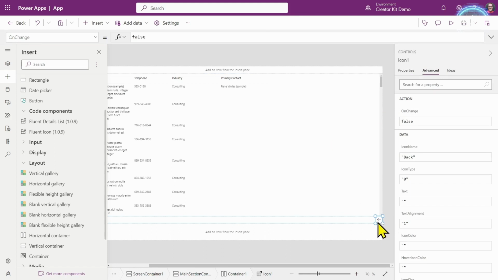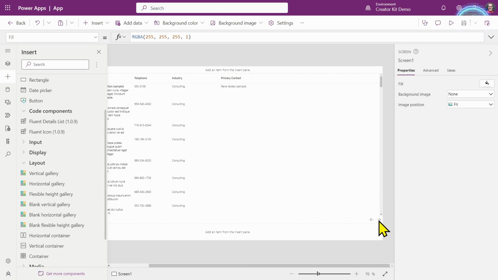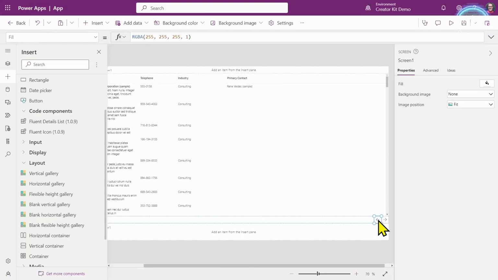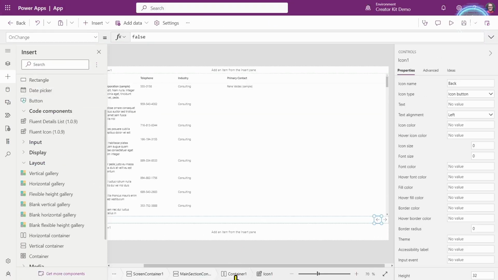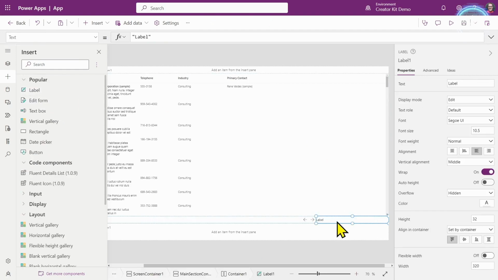I'm just going to copy this and pop another one in there and make that the next. So forward is the name of the icon. There we go. So we've now got two icons. And actually in the middle, I'm going to pop in a little label as well, just to display the number of pages. So let's make that left, move that left, and let's make that centered like this and give it a bit less width, make it a bit nicer.